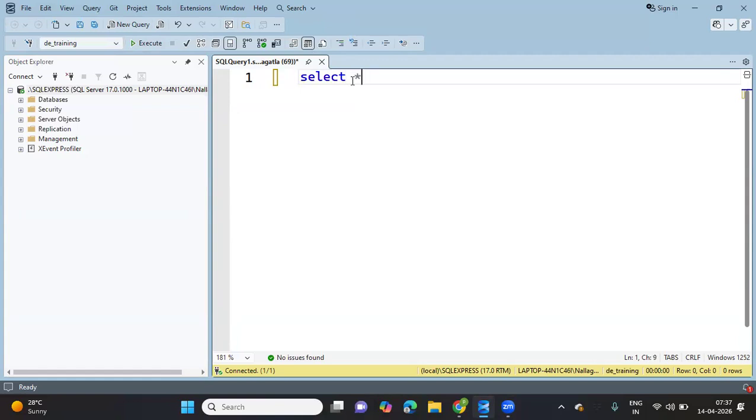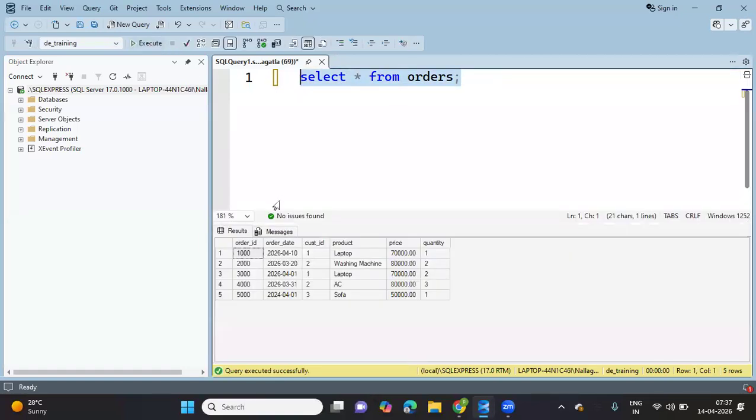So we are looking at the table called orders. Here in this table, I want to know how many orders each customer has placed or how much amount each customer has spent on purchasing the products. So for that we can write select customer ID,